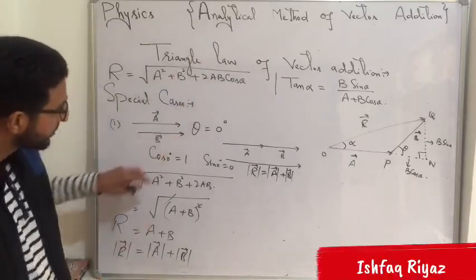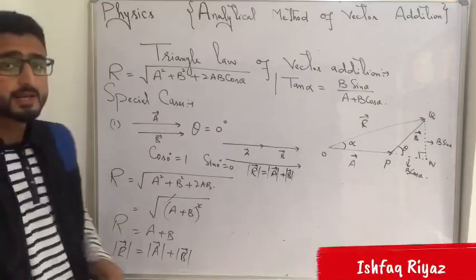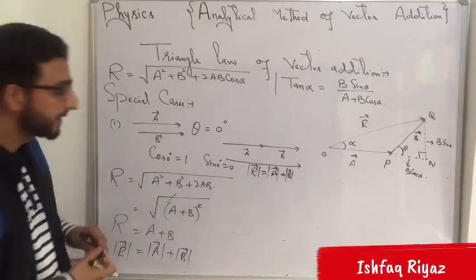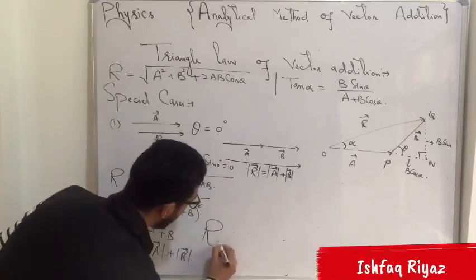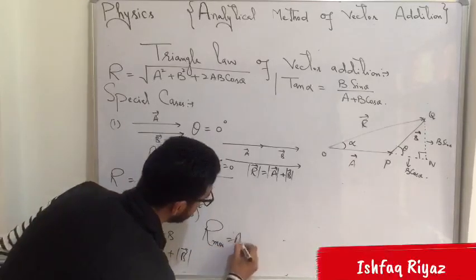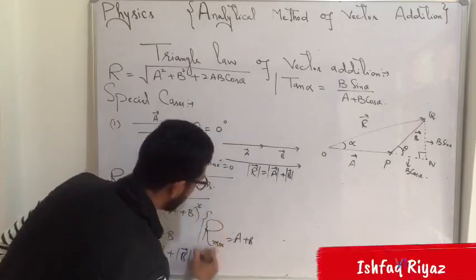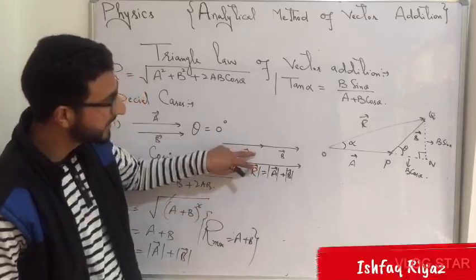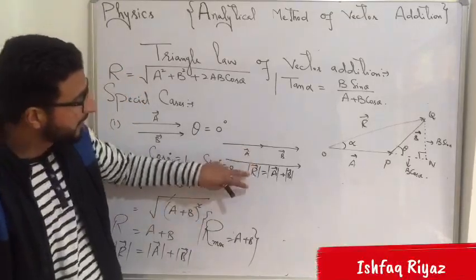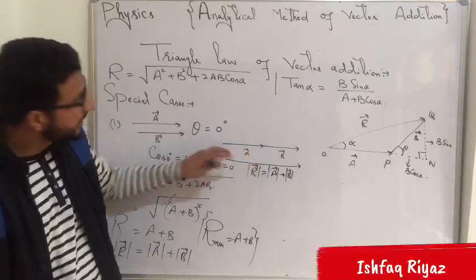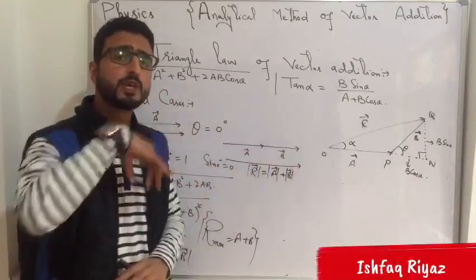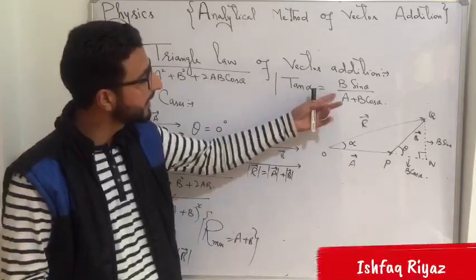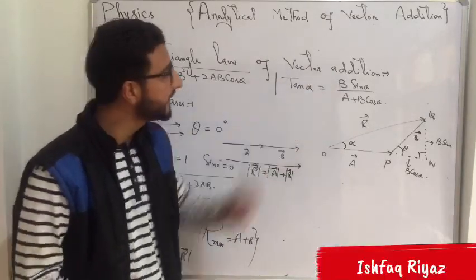Or I can also say the magnitude of the resultant vector R is maximum here, because this is the maximum value of cos of theta. So I will write R maximum, it is equal to A plus B. Now in this very case, what is the direction of R? From geometrical method you can easily see the direction of the resultant vector R is along the direction of the two given vectors. That is alpha here, it should be equal to 0 degree. So let us try to calculate that value of alpha from this very expression.